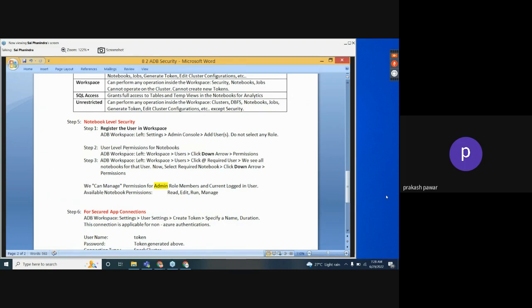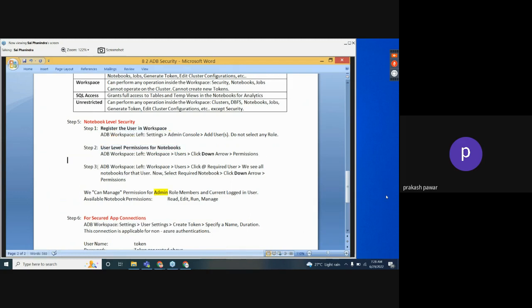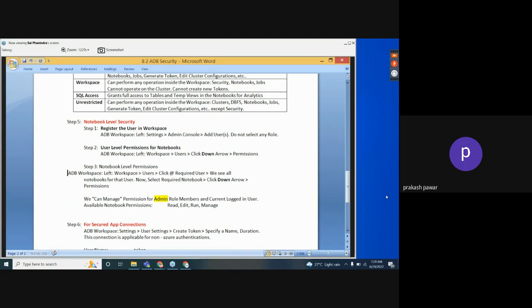Make it more clear in case you are documenting your observation notes. The next one, here we have notebook level permissions. For a particular notebook, we can define the permission. Yes. Next,